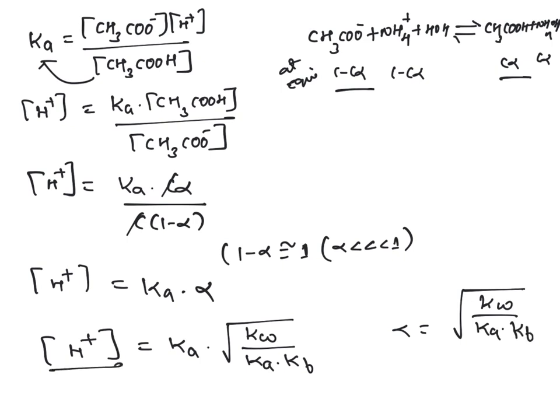Now this is the H plus concentration, and we have Ka, and here the denominator root Ka is there. I can write Kw Ka by Kb. H plus concentration equal to... By applying minus log to this expression, we can derive the pH expression. Therefore, the concentration of H plus equals under root of Kw Ka by Kb.